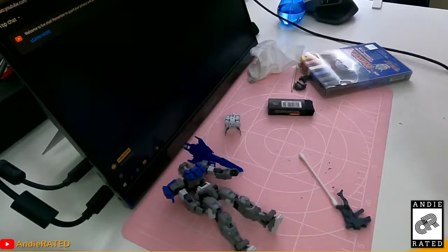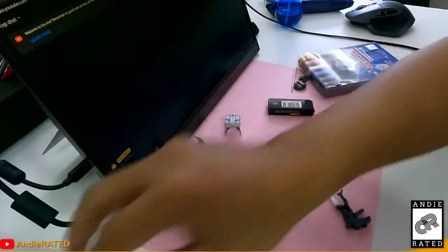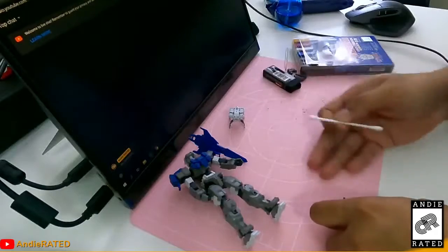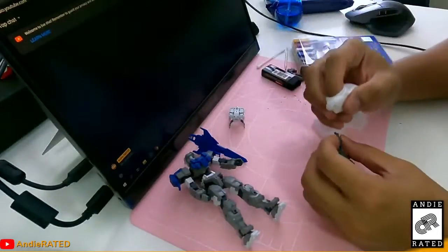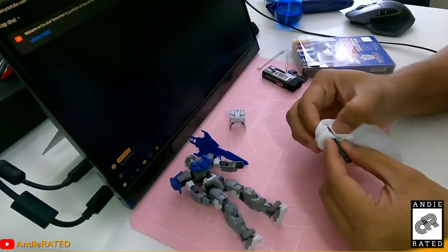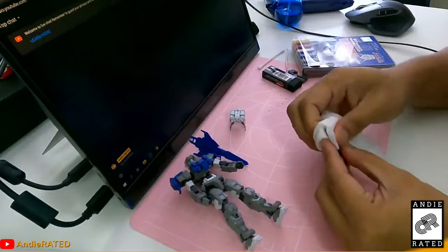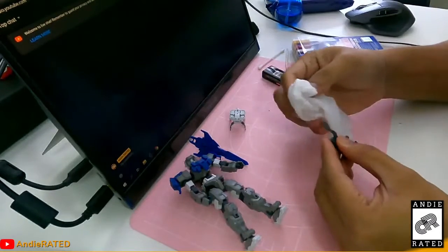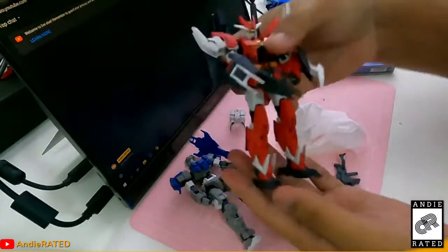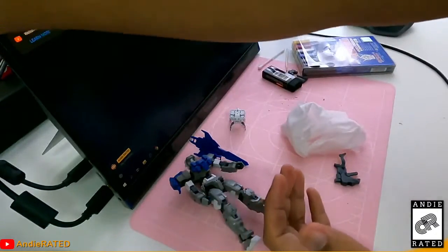For context, I am not really that well versed with Gunpla. I've seen others build it. I have friends who have a hobby of building, but I myself have only recently started building. I think I started around December because I got curious and I purchased one. My very first kit was an HG Gunpla. This one, oh, I forgot the name of the model, but it's this one,